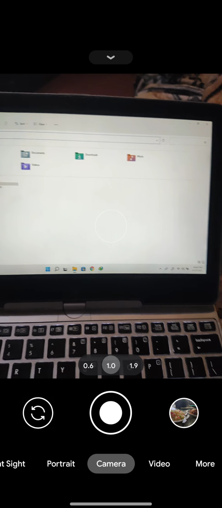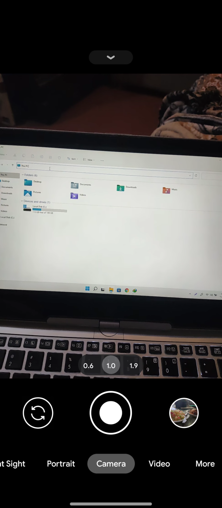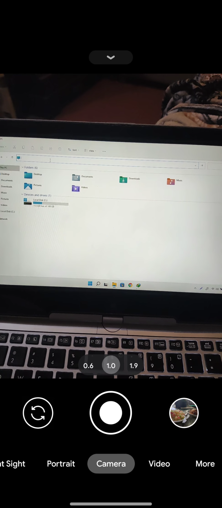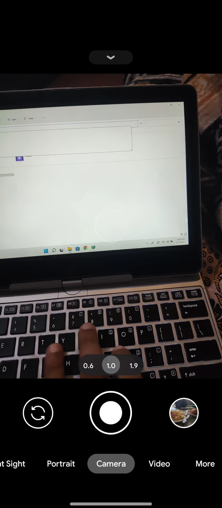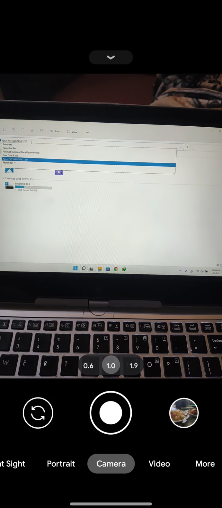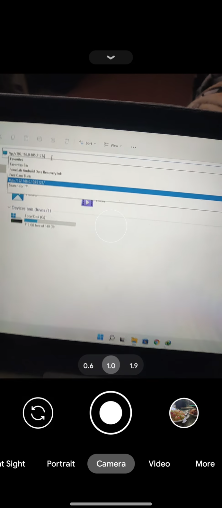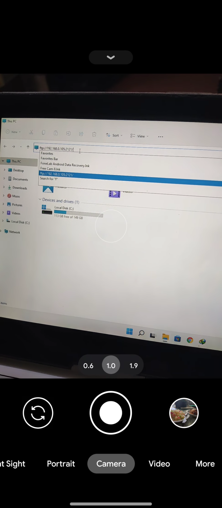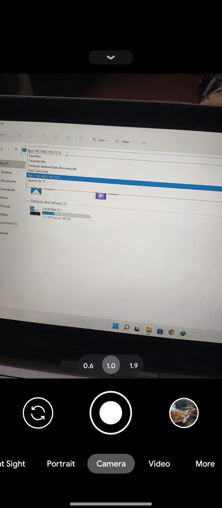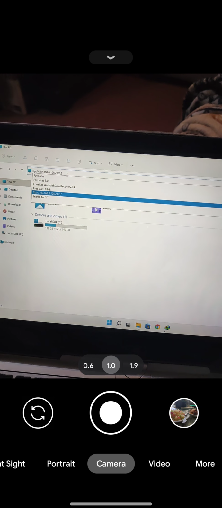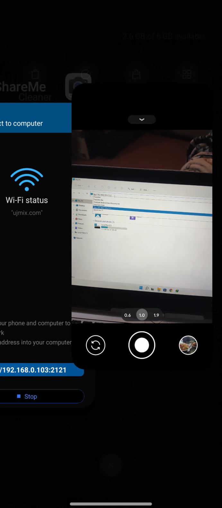So this is my computer. Open My Computer, and now from here write the FTP address. I already wrote this, and this address changes from time to time. Here you can see it's a Windows 11 PC. You have to write this in your Explorer, not in Chrome or any browser. So like this,